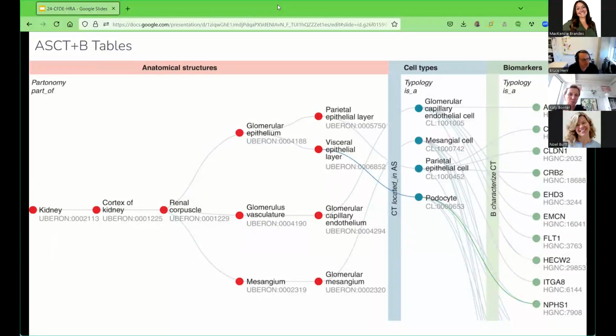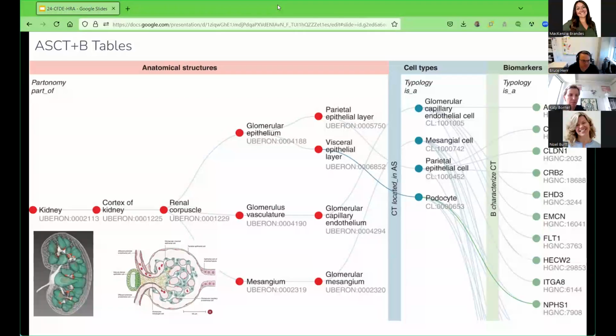And you also have biomarkers that are commonly used to characterize cell types. And it took not forever, but a long time to have experts agree on these relationships, also agree on names for anatomical structures and cell types and biomarkers. And then again, on our end, we are working with ontology experts to then update ontologies so that they reflect healthy human bodies. On the next slide, you see that we also have 3D representations of major anatomical structures, more